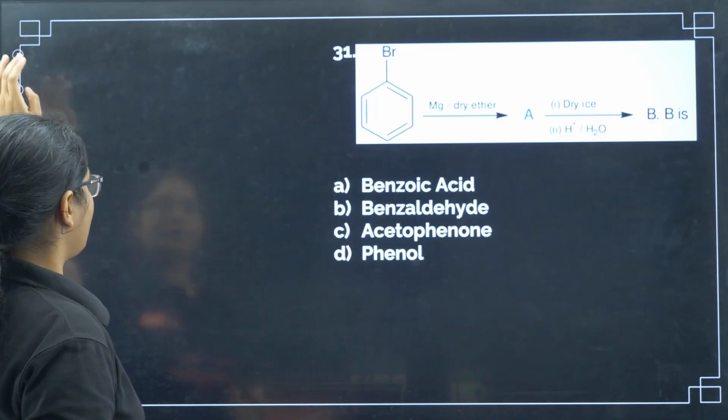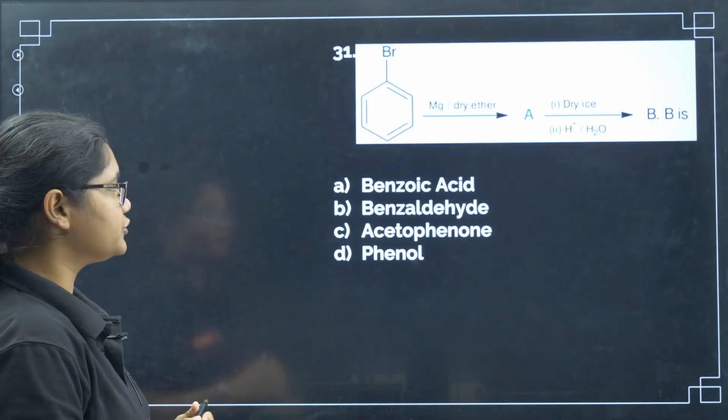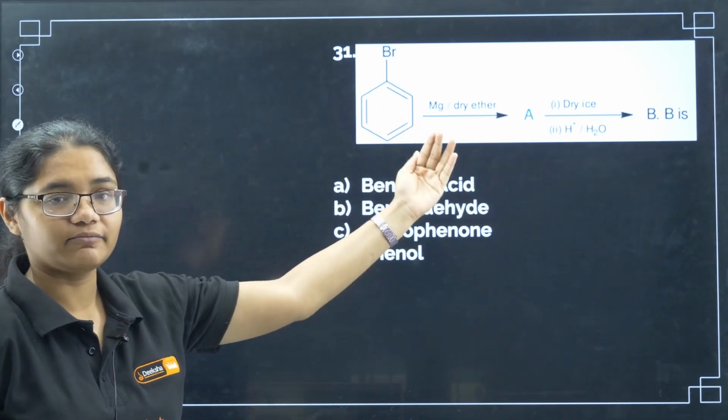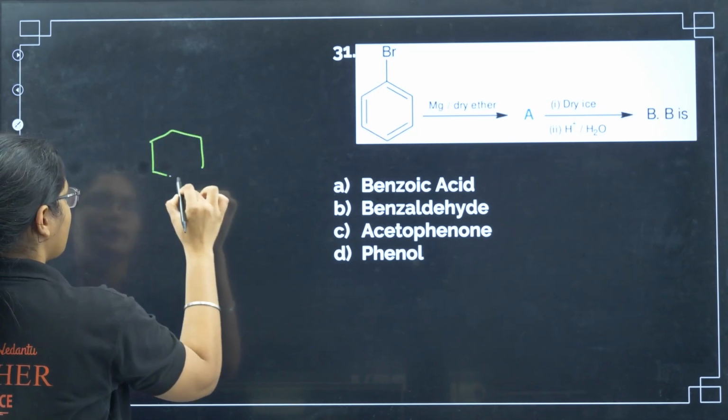Next, we have haloalkanes and haloarenes. Let's solve the questions from here. So first of all, we are treating this one with Mg in dry ether. So that will give me a Grignard reagent. So what will be the product A? A will be